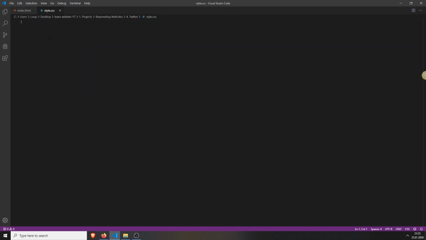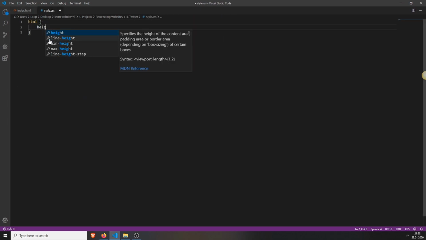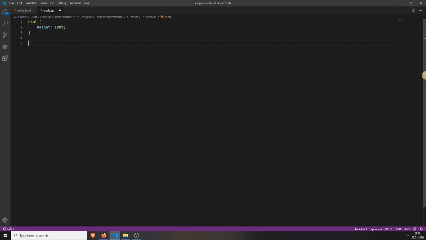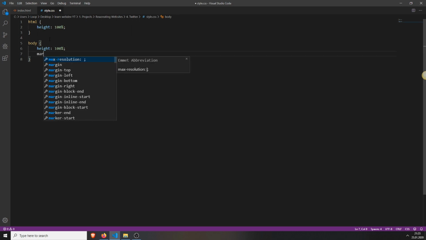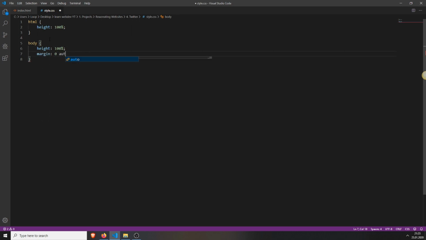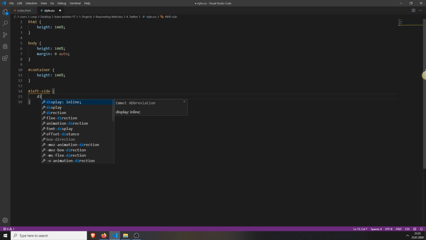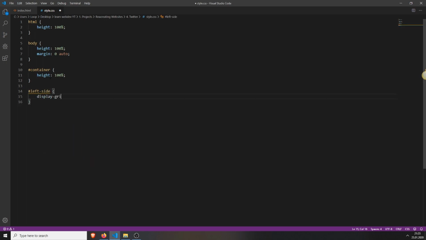Alright, now I will set the HTML height to 100%, set the body also to have a height of 100% and a margin of 0 and auto. Now I will style the container, set the height to 100%, and now I will just start with the left side. Set the display to grid, also set the height to 100%,